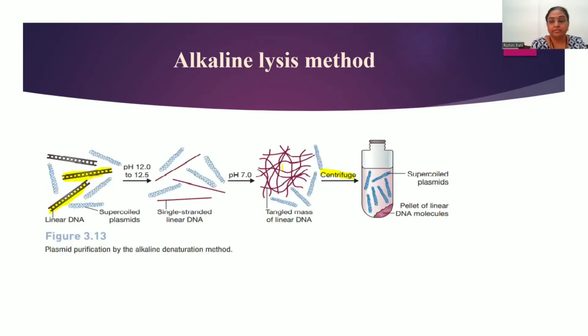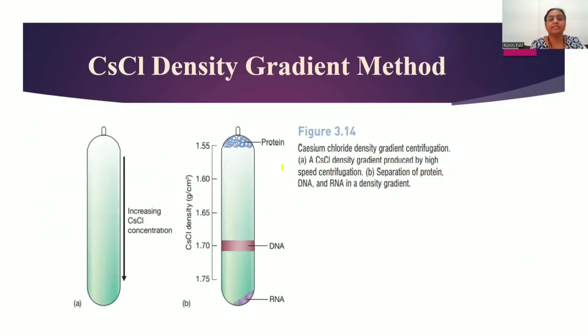The second method is the CsCl density gradient centrifugation, the cesium chloride density gradient centrifugation. Here the gradient of the CsCl is maintained in the centrifuge tube, like from 1.55 up to 1.75. In this way a gradient is created,